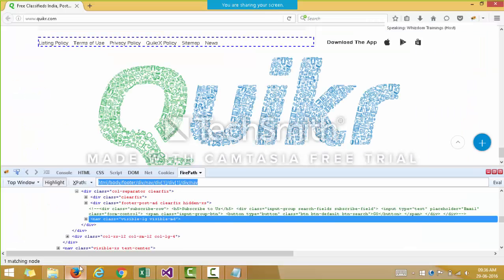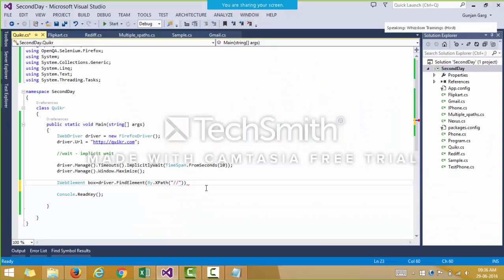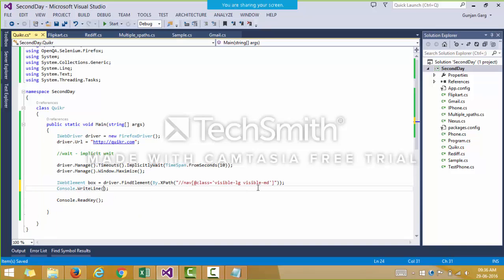Or, as we can see that it is under the nav tag whose class value is this, we can just write our XPath as this. And I'll just print the text for this box.